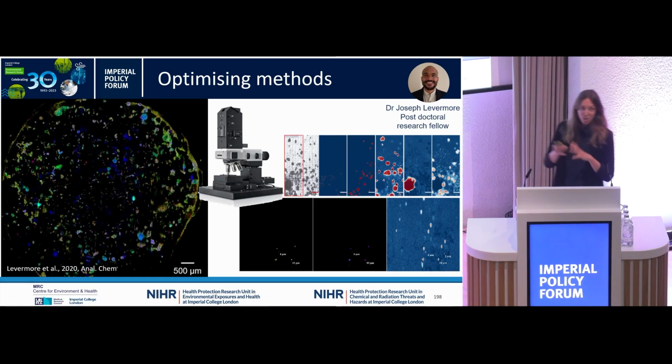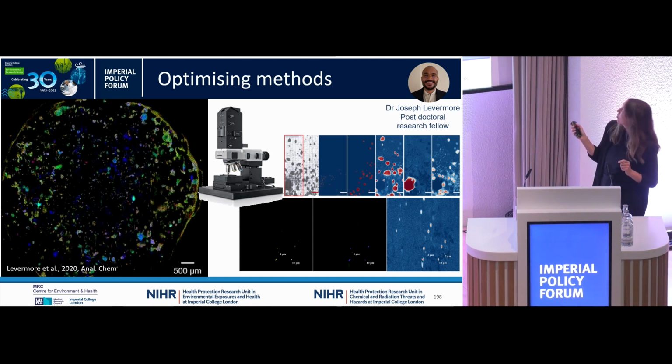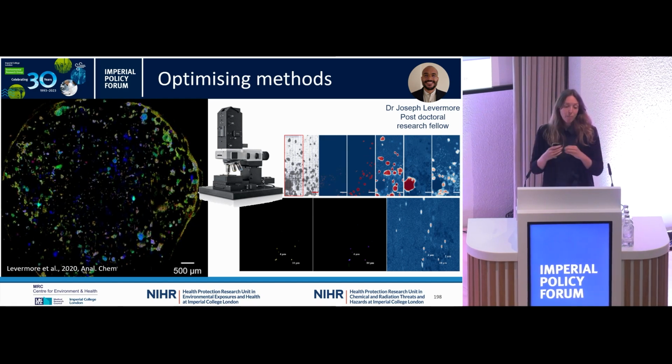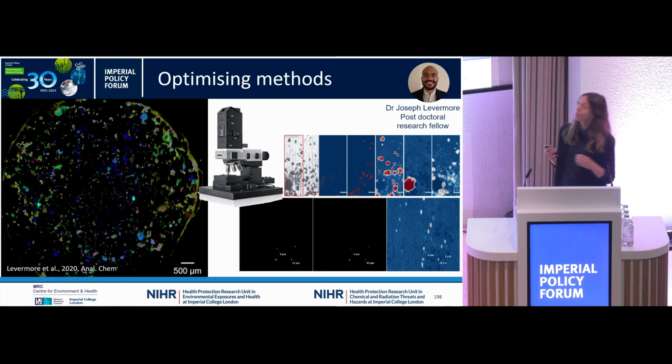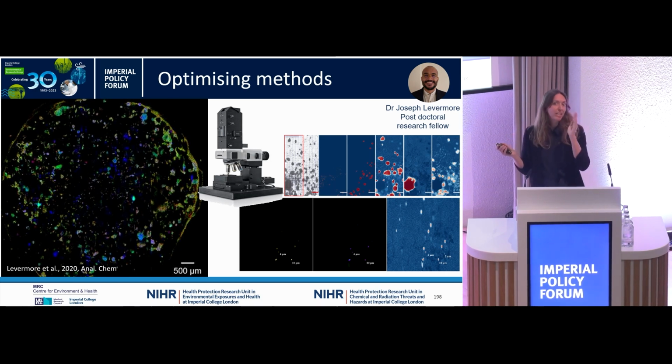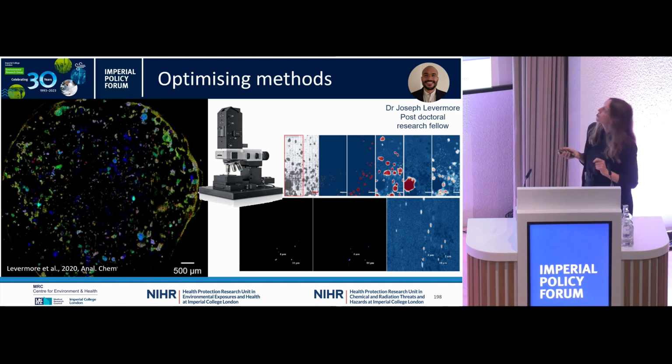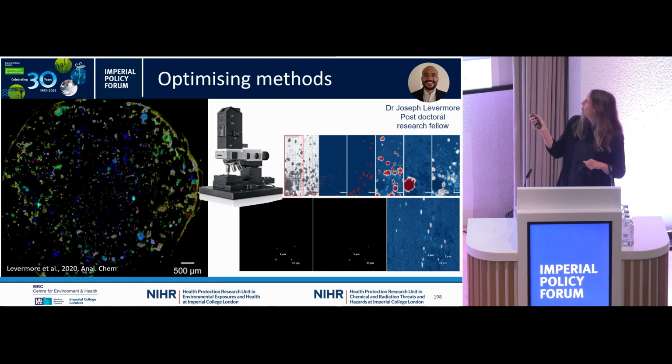So then we took this a little bit further, and this is the work of Joseph Livermore, who was doing his PhD at the time. He's now a postdoc in the team. And we wanted to really maximise the information we would use from that chemical fingerprint. And so Joseph generated some analytical data methods to essentially map, rather than just mapping individual peaks, that whole chemical fingerprint in an image. And so as you can see, we could successfully differentiate between different plastics in a sample using this method.